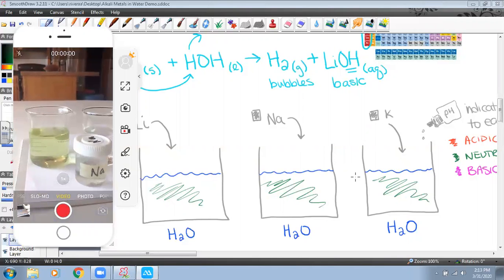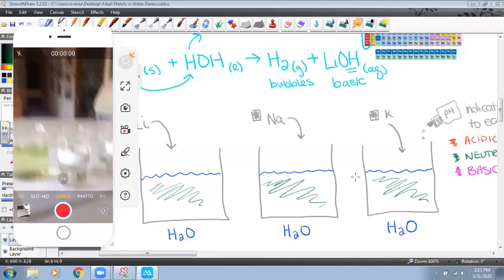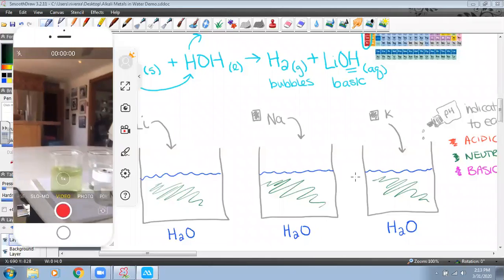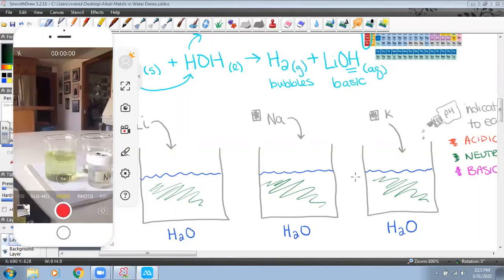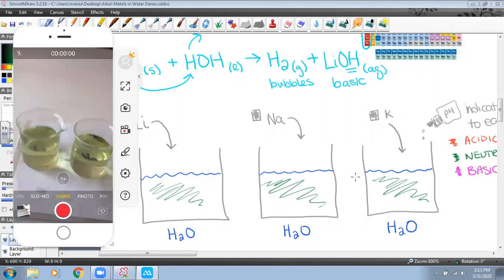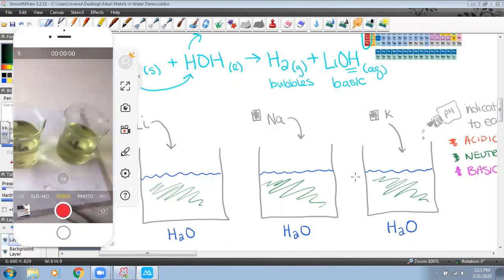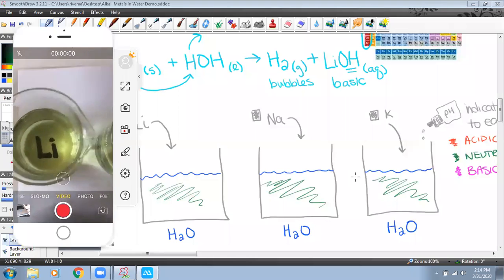Okay. So I'm going to add indicator to all three of them right now. You guys will be able to see that. So again, this indicator is just indicating that the water is currently neutral. Green, green, green. Okay. So now I'm going to go ahead and add my lithium